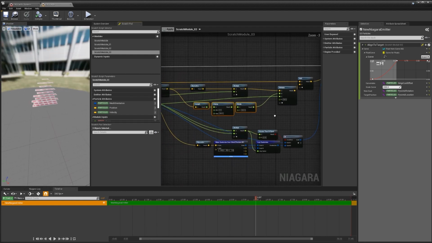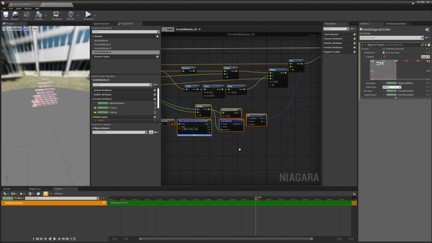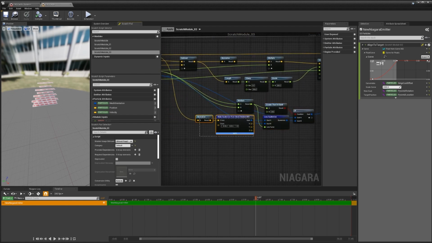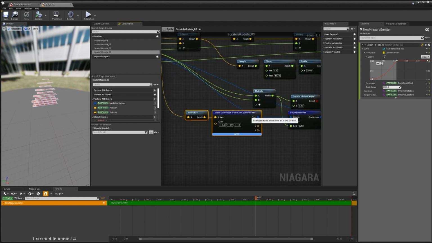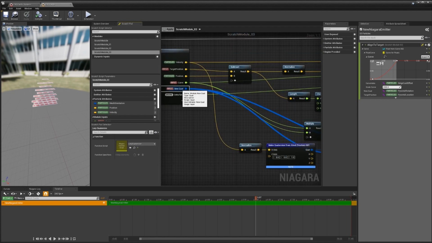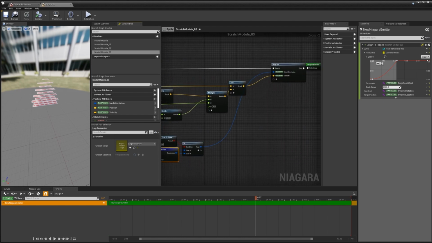And then I'm multiplying that by just a single value. And then all I'm doing here is lerping between the current rotation. So I'm kind of getting a bit of a hacky look at rotation. And then I'm taking in that initial pyramid rotation that I'd already calculated and then just blending between the two.